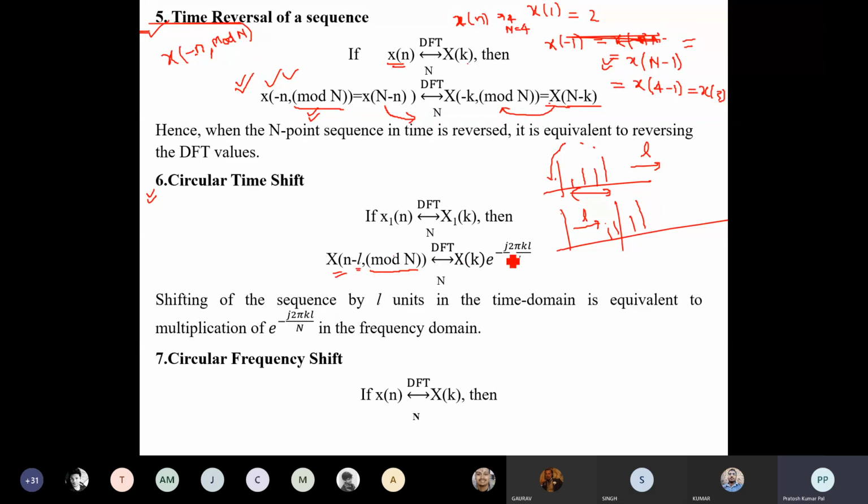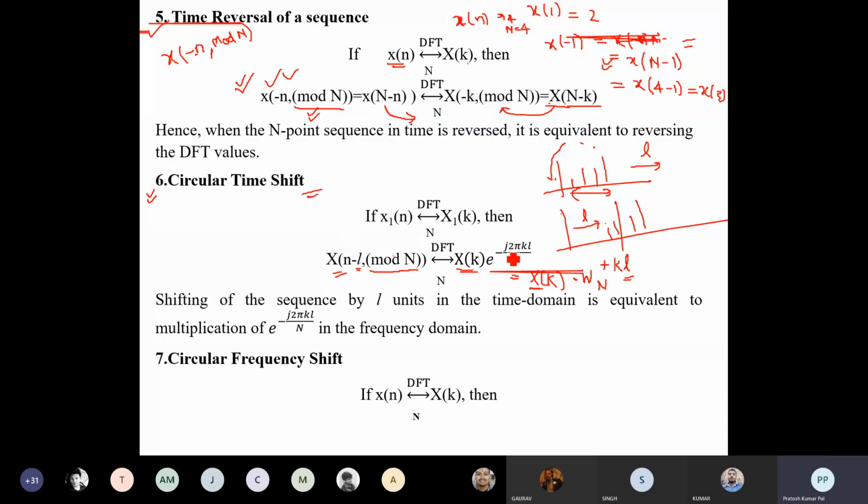So it will be having e to the power minus j 2 pi by n k into L. ठीक है, तो ये इक्वल हो गया X of k, that will be equals to W of n, okay, minus k into L. Sorry, this is plus. So if L amount से अगर शिफ्ट हो रहा है टाइम में माइनस में, so it will be just another same DFT will be there, and that DFT will be multiplied by W of n to the power KL. ठीक है, ये एक प्रॉपर्टी है दैट इज कॉल्ड सर्कुलर टाइम शिफ्ट.